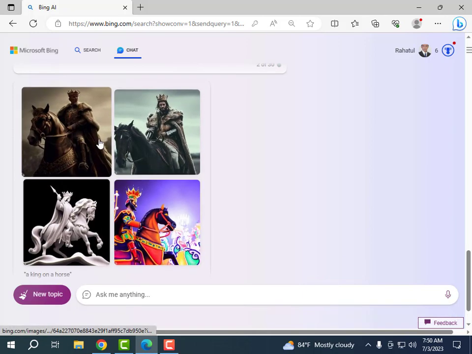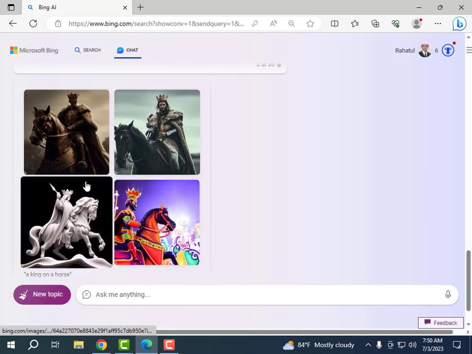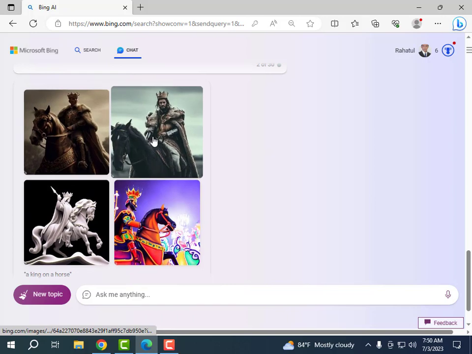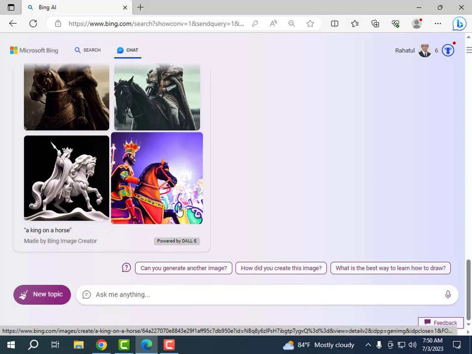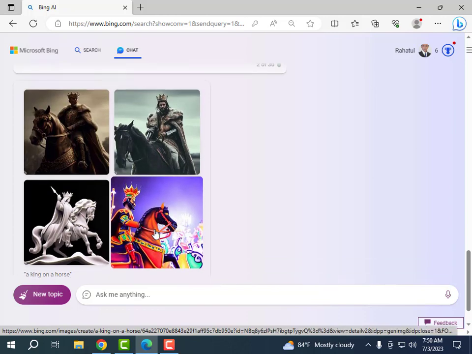So these are our OpenAI generated images. We can use any of these for our story. If we go down, we can see it is powered by DALL-E. So let's say we want to use this image. But before that, we want to make sure that this image is copyright free. So let's click on this image,